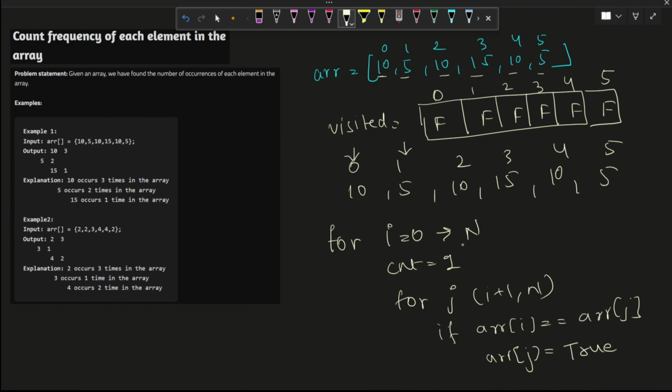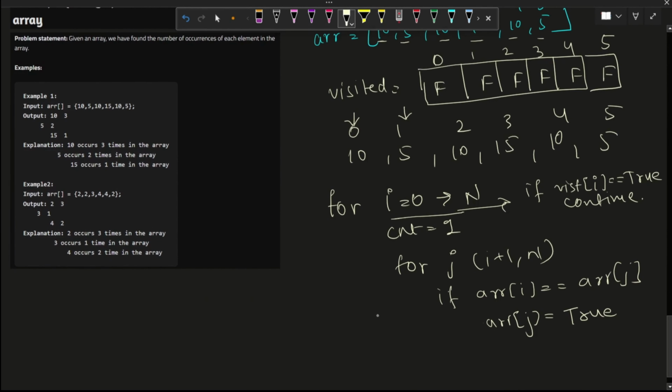So that if we encounter a particular index that has already been processed, which is, if it is true, which means it is already processed, then don't process it anymore. Please hop to the next index and check your conditions. So guys, this would be the brute force approach